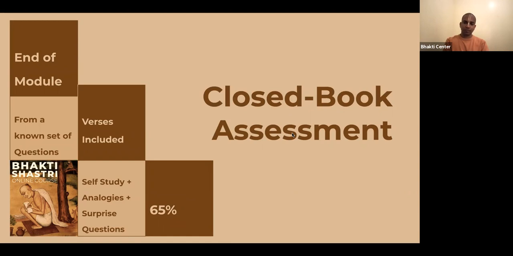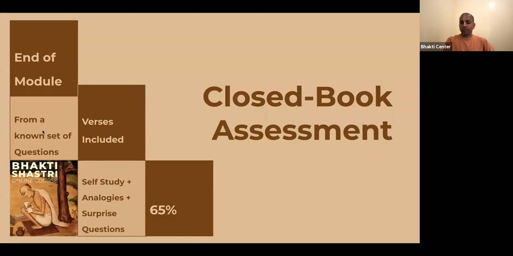Closed book assessment means you study and then you give an examination, without seeing anything, you just write like a regular examination. This happens at the end of each module. Your questions will come from a known set of questions. You will already be given a set of questions and you will prepare from them, and we will choose certain questions from that set. So you will already know what you're going to write about, and there will be verses which will be already given to you, and we will also help you memorize during the classes and after the classes. Whatever self-study questions that you get and the analogies that are given in the student guidebook,